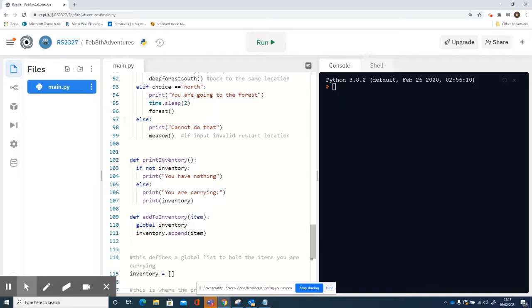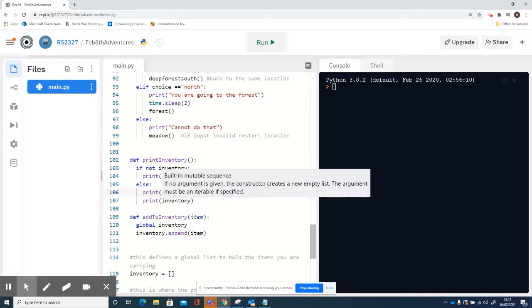One of those is called print inventory. There's no particular prize for guessing what this does. It prints the inventory. This first bit, however, is saying that if there is nothing in the inventory, so if not inventory, in other words if inventory is empty, then we print you've got nothing, or you could say you're carrying nothing. Otherwise, if it's not empty, there must be something in your inventory. We're going to print you are carrying, and